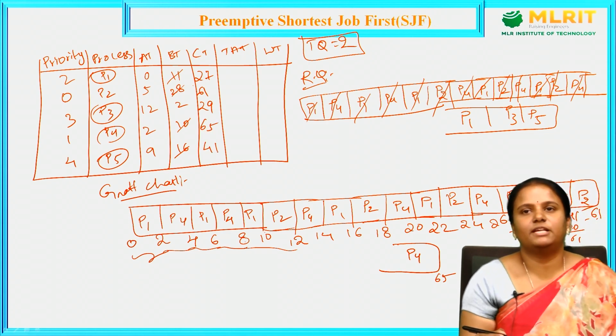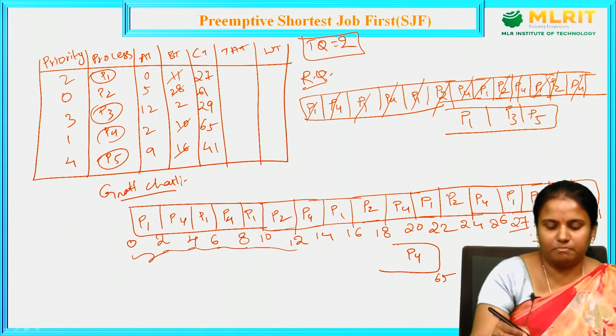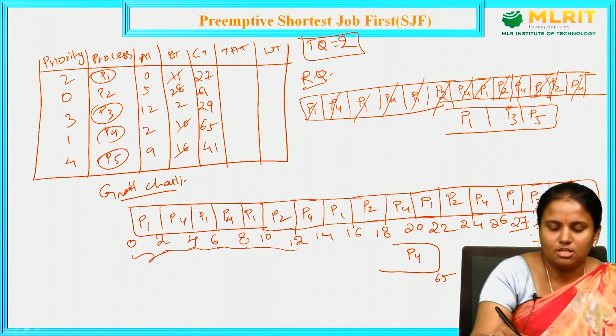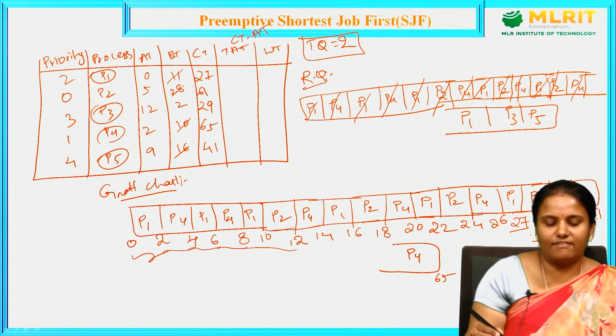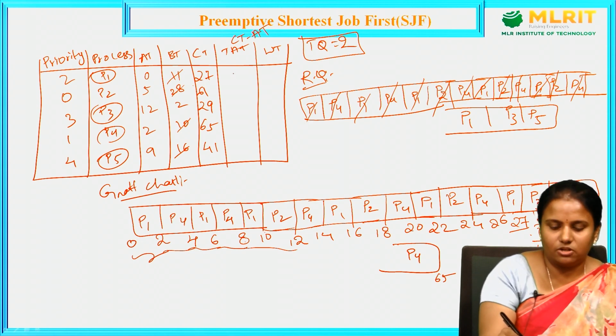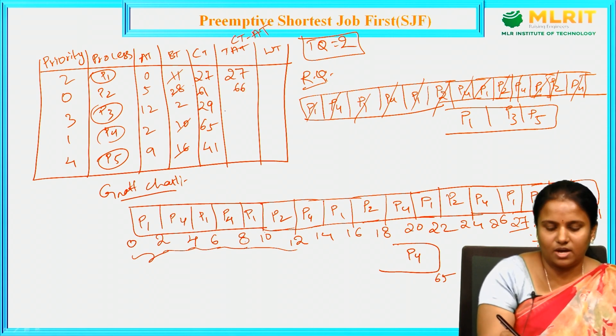These are the completion times of the processes. Next, the turnaround time formula is completion time minus arrival time. So 27 minus 0 is 27. 61 minus 5 is 66. And next 29 minus 12, 17. Again 65 minus 2 is 63. 41 minus 9 is